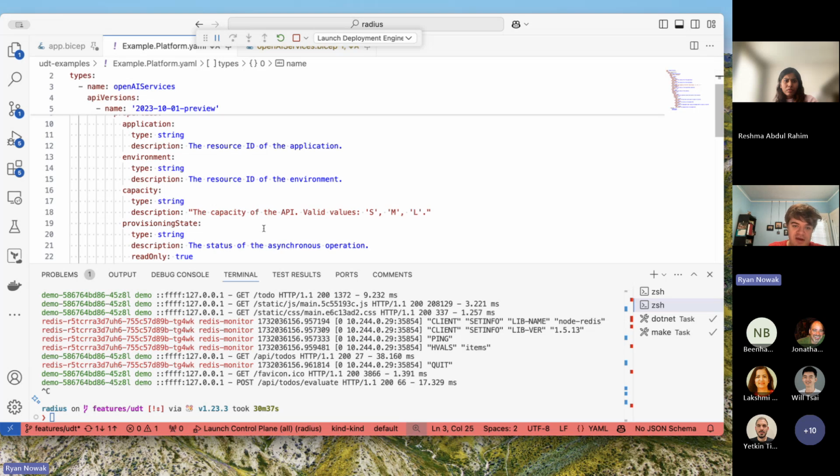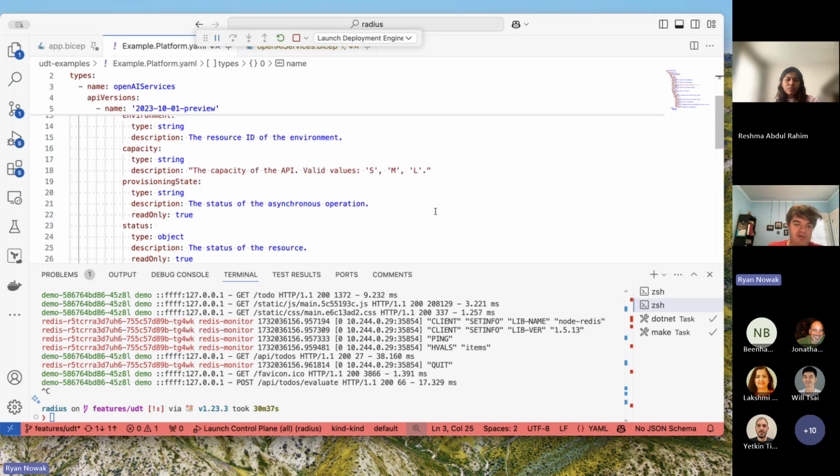I want to highlight this capacity field. So we're going to let the developer choose a capacity for their OpenAI service. See, I did it right there. And the valid values are going to be small, medium, and large. This is very much in line with how we're seeing people think about platform engineering in the industry. On the back end, whatever service you're talking to probably thinks about capacity and rate limits in a different way, but you're crafting a vocabulary you want your developers to work with. As the platform team, we want our developers to think about small, medium, large. We don't want them to understand the ins and outs of every service that they're talking to. So remember this capacity field. I promise we'll come back to it.